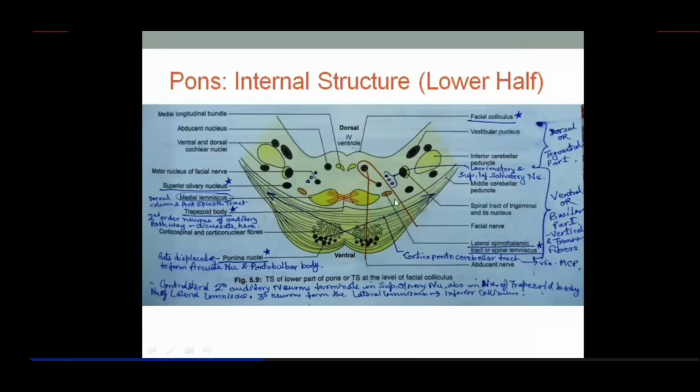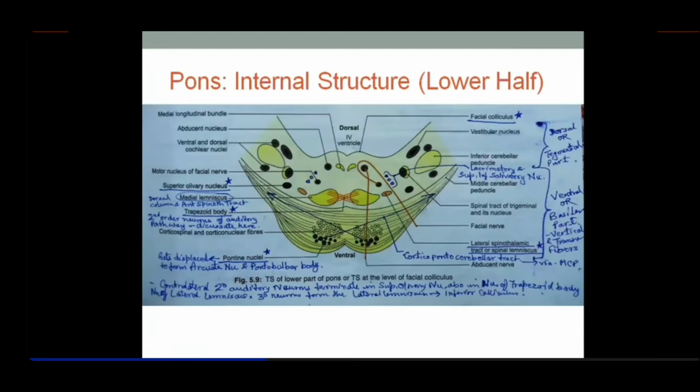Okay, so that was the other gray matter present here, because we're talking about functional columns. Let's see what functional column lies lateral to this special visceral efferent. It will be general visceral efferent. Now, general visceral efferent, remember, is a parasympathetic outflow, right? So the fibers from here are called the preganglionic fibers, and they reach the parasympathetic ganglia.